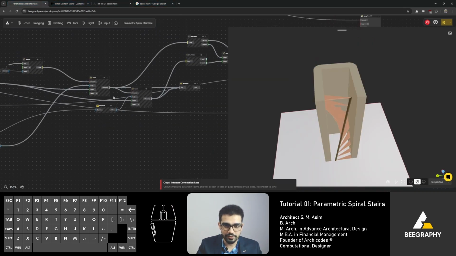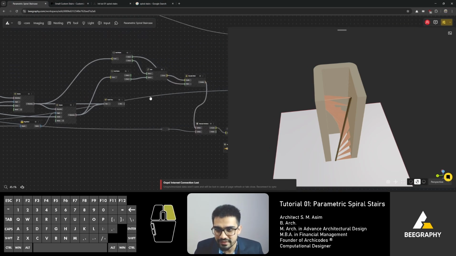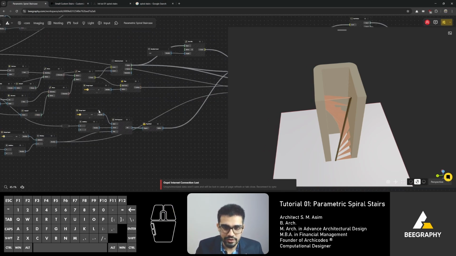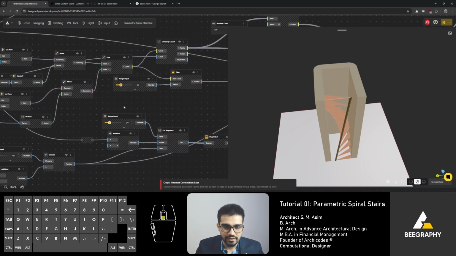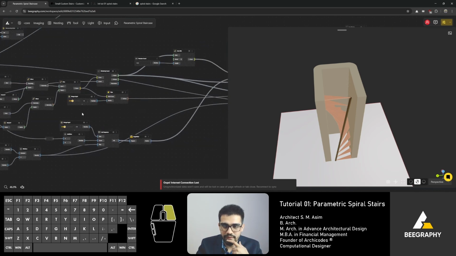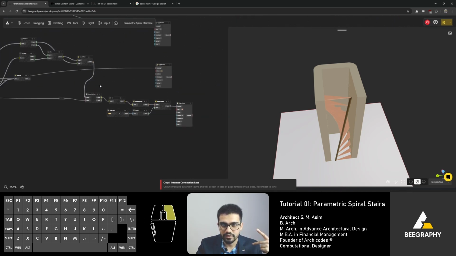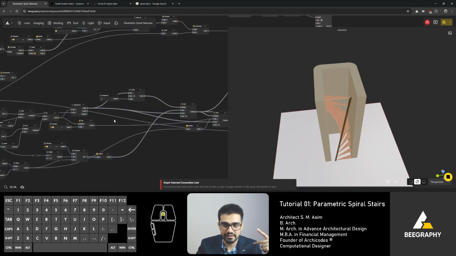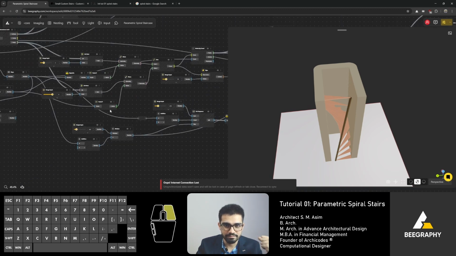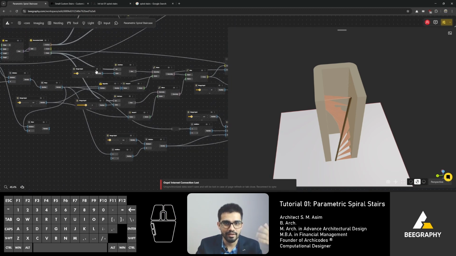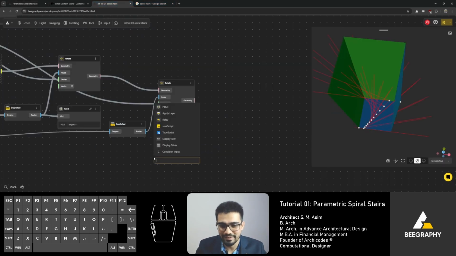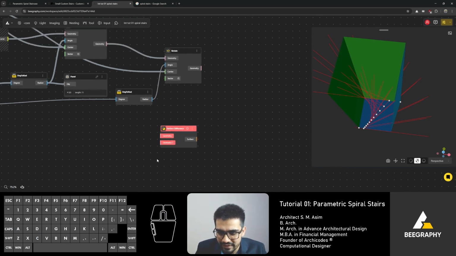Now there is a long story behind this node, which is, what it does is it divides two surfaces. There is surface difference, and then there is, I can't find it. All right, I'll just type in surface difference. So there is surface difference, and then there is